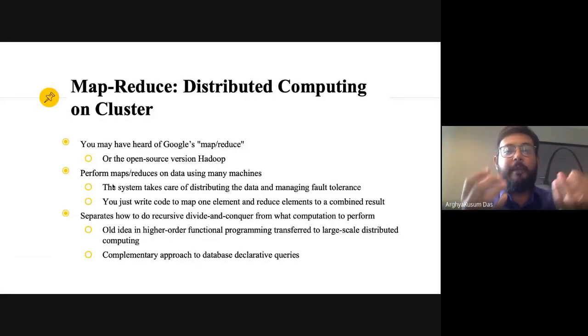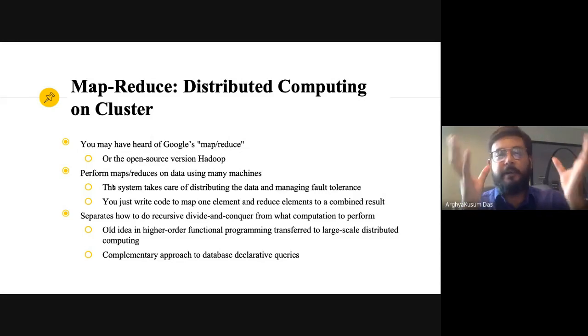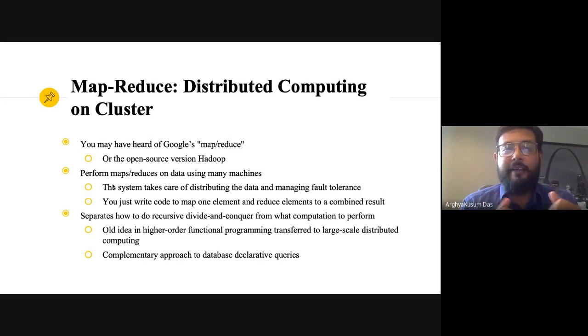Maybe your memory size is just 8 gigabytes, but the total data set is, let's say, 24 gigabytes or something like that. So you just want to add 3 different machines together. So after making a distributed computing cluster, you can easily use the same MapReduce model to distribute your computation